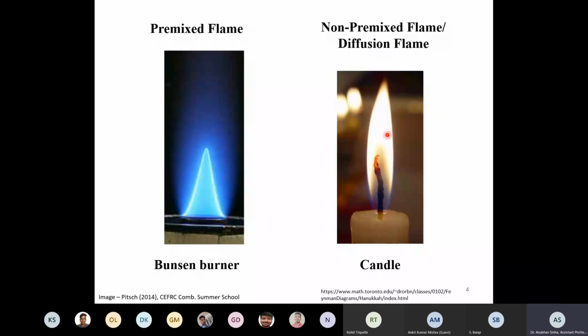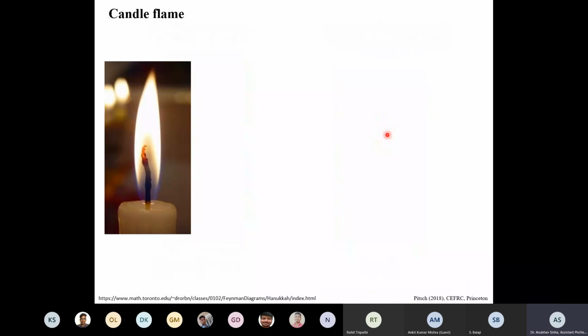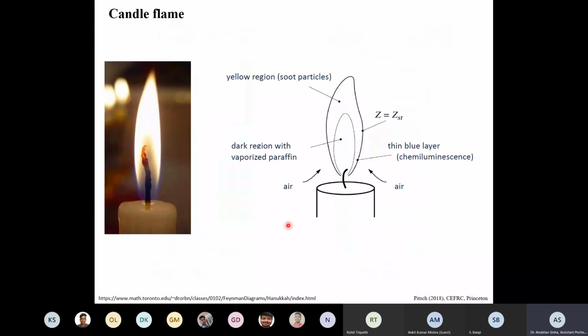Okay, moving on. So let us look closely into the candle flame, which is a very typical example of a diffusion flame, like the Bunsen burner. So what happens basically is you have a wick, and because of heat, this wax is melting, the wax is getting evaporated, and that is getting burned here. So if you look at various regions here, you can see that wax is coming along this wick and air is getting diffused from the sides, right?